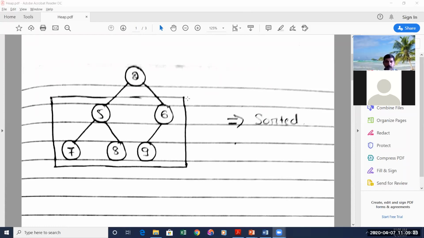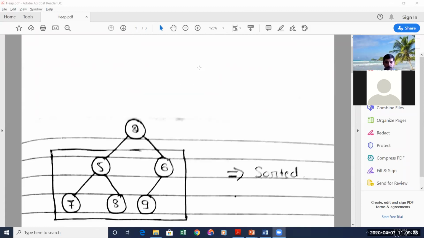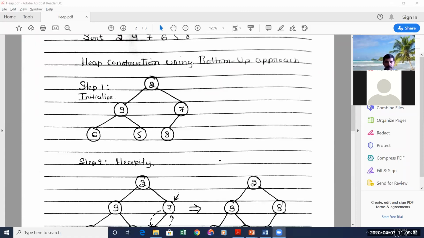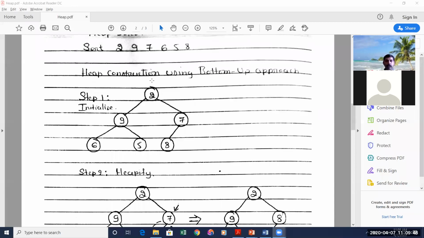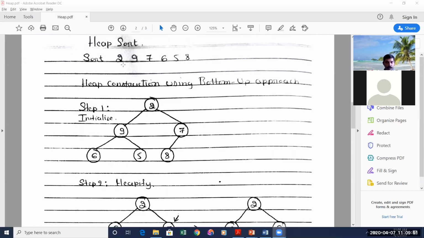Okay, fine. If there is no doubt, then I hope you have understood this. One more thing to tell here is that in this problem we have used the bottom up approach. In some problems they may ask for the top down approach, which we have learned in a previous class. So once again I will just tell that, and after this class I will post the solved working of the problem in the Google Classroom.